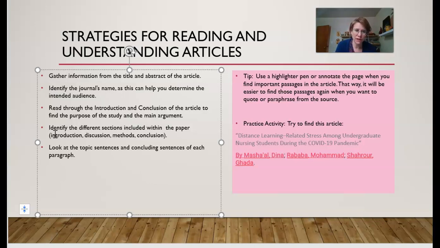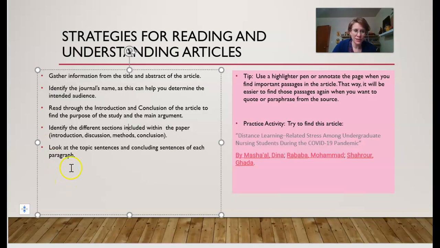Does it have quantitative evidence? Does it have a discussion section, a methodology section? Each paper is going to be a little bit different about what sections they include. So just make note of some of the headings and what kind of information is under each heading. You don't necessarily have to summarize everything in each heading or each section. You just want to get the basics of what that article or study was about,